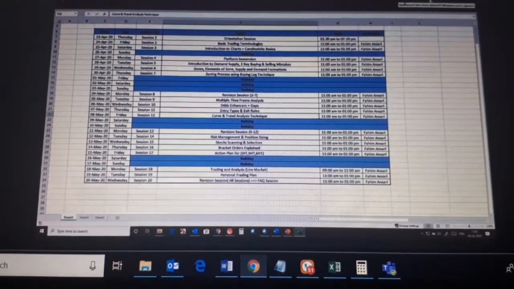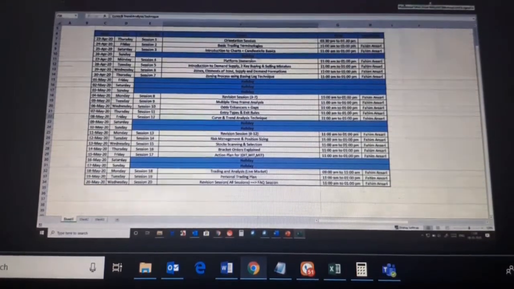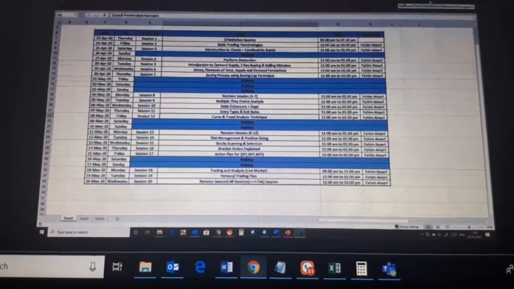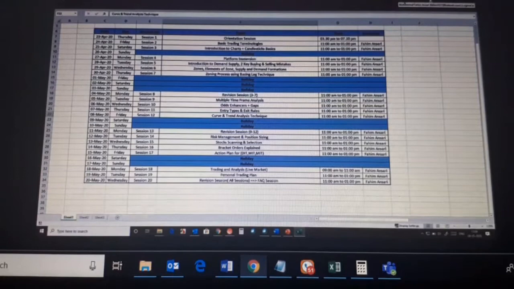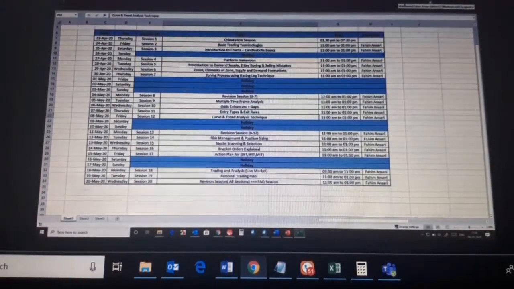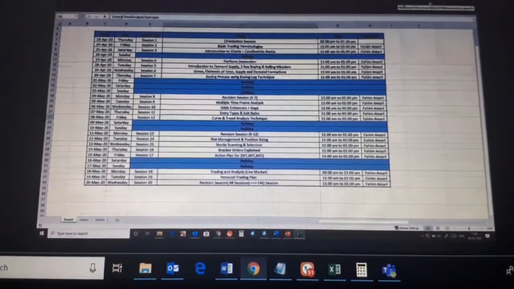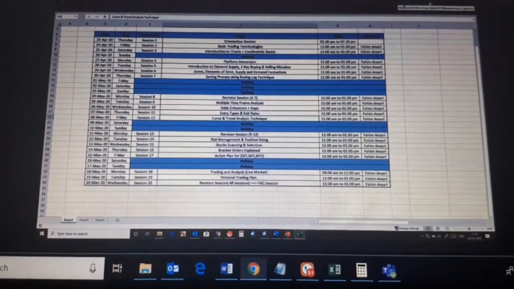The third type of entry is more of a confirmation entry, so you might miss a lot of trades, but you get a sense of confirmation: yes, now the buyers are coming, and it's a bit safer than type 1 and type 2. The greatest disadvantage of this type 3 entry is that you need to be in front of your PC to place these entries. You cannot be a set-and-forget trader.